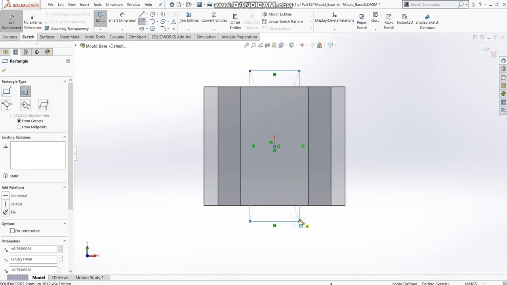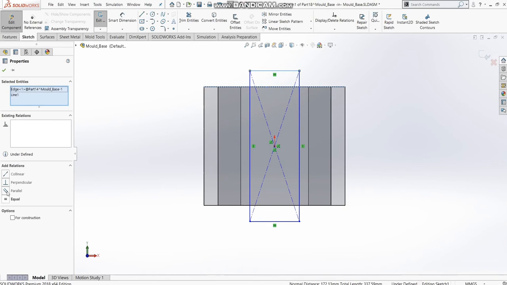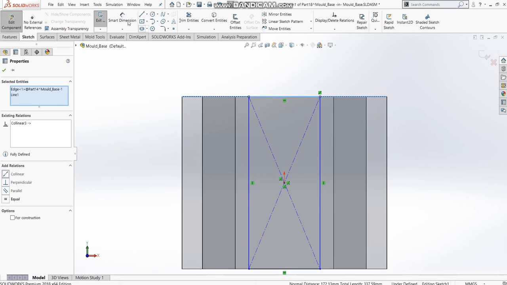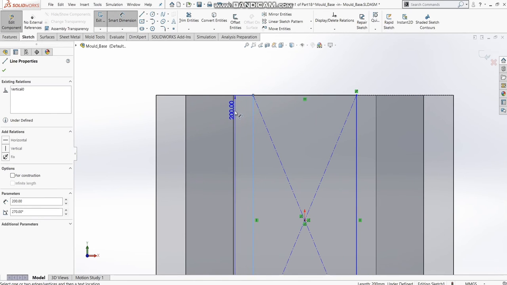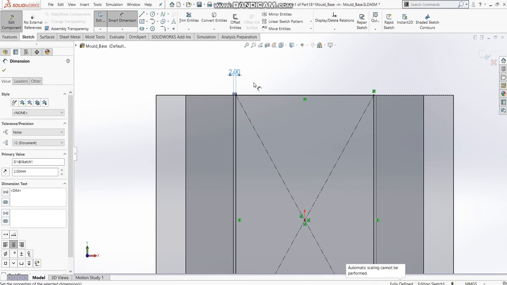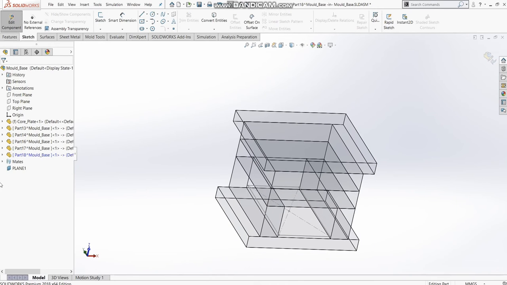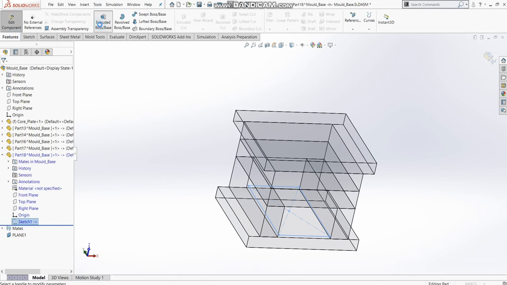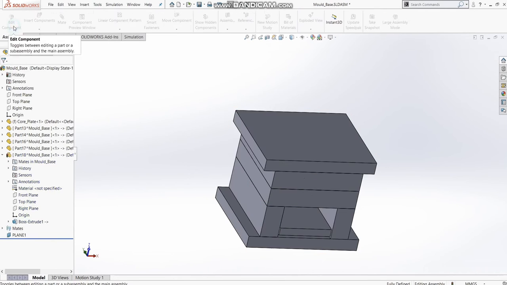Now for the ejector plate, this may or may not be collinear, but we'll assume the size of the back plate and the ejector plate is the same, and there's a distance over it which is approximately 2 to 5 mm. I'll consider it as 2 mm. So again the sketch is ready. I'll give an appropriate thickness to it, say 16 mm, and edit component.